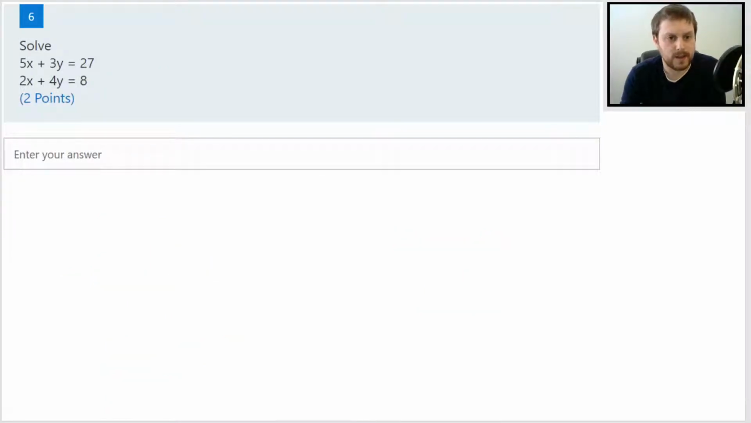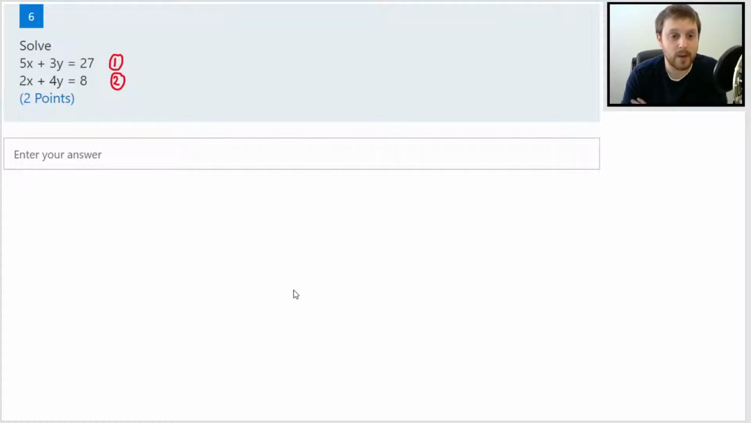Okay, number 6. So this is the first one where the numbers in front of the x's and the numbers in front of the y's are different. So this is a step up in terms of the difficulty. One thing you could do is label them, so equation 1 and equation 2. And for this one, I'm going to answer this question twice. The first time I'll eliminate y, and the second time I'll eliminate x, and we'll see how we get the